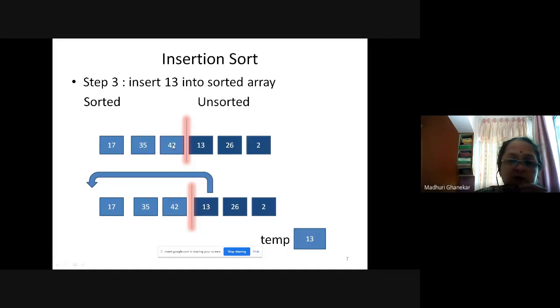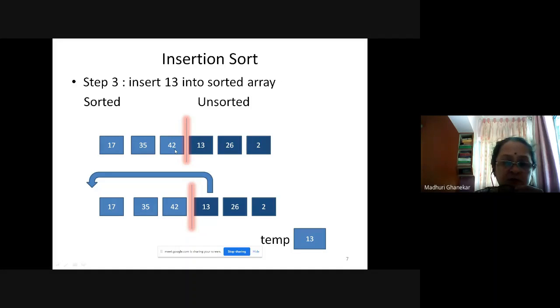Now we want to pick up the very first element of the unsorted array, that is 13, and we want to add it to the appropriate position. Now go on comparing from the last position. So last position is 42, and you find that 13 is much smaller than 42.